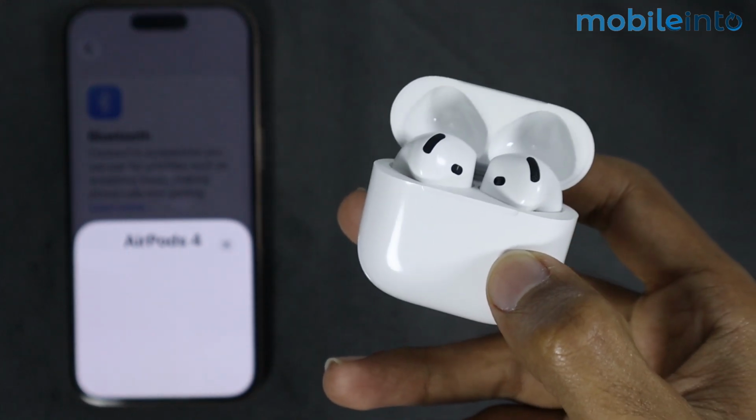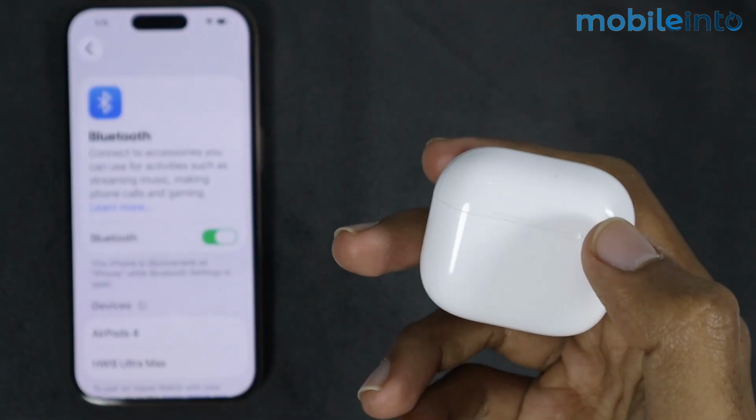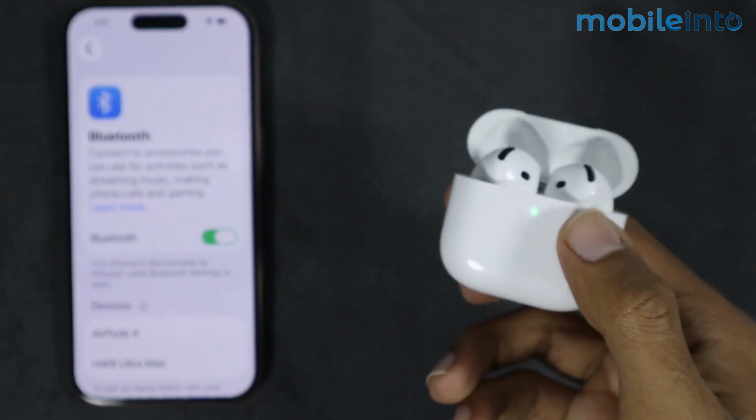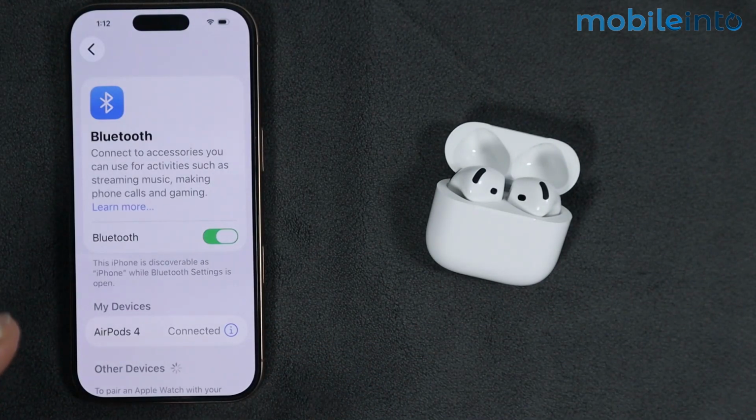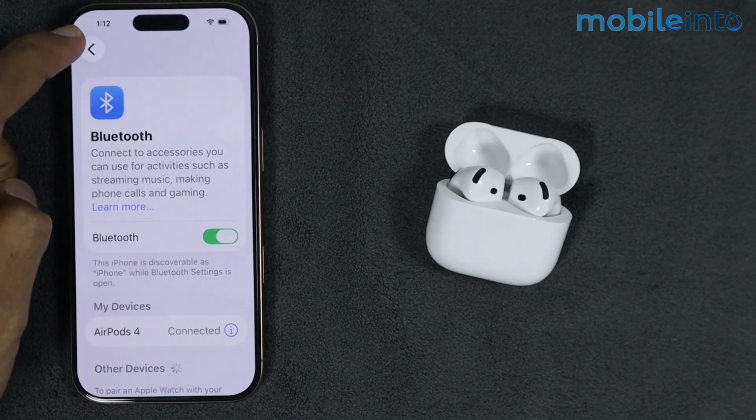Now from here, just close the lid of your AirPods, then wait for a couple of seconds and open the lid back open and pair your AirPods with your iPhone. Now if you have done that and if this did not fix your issue, now for the next step, just